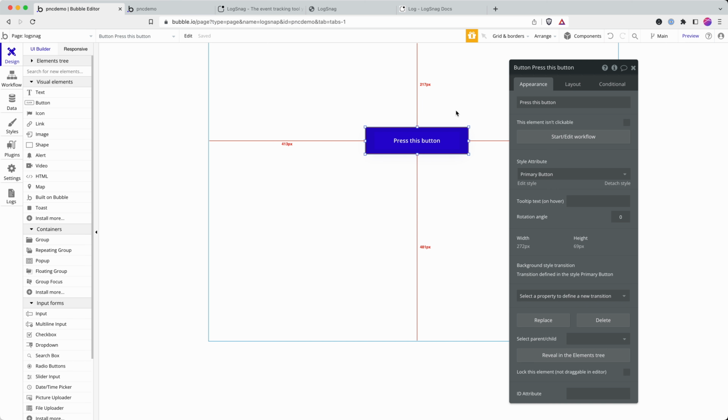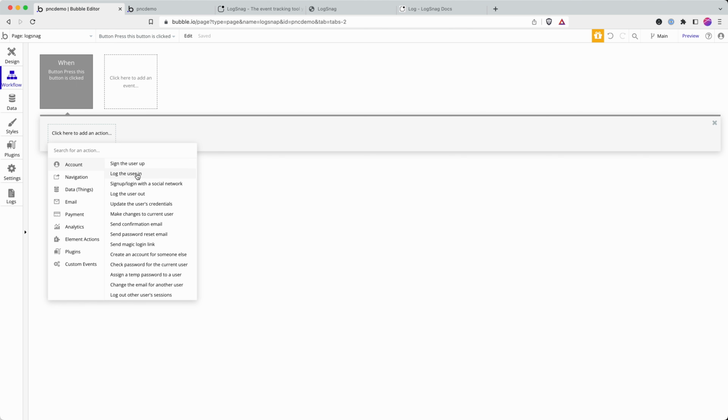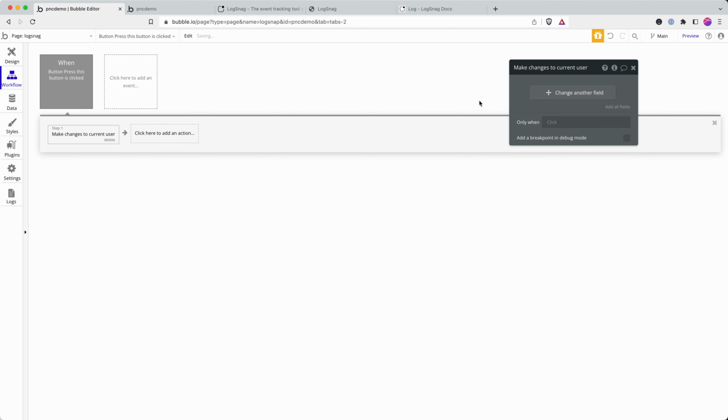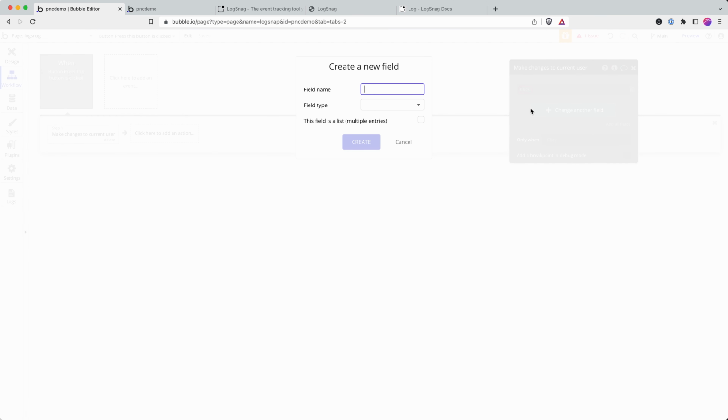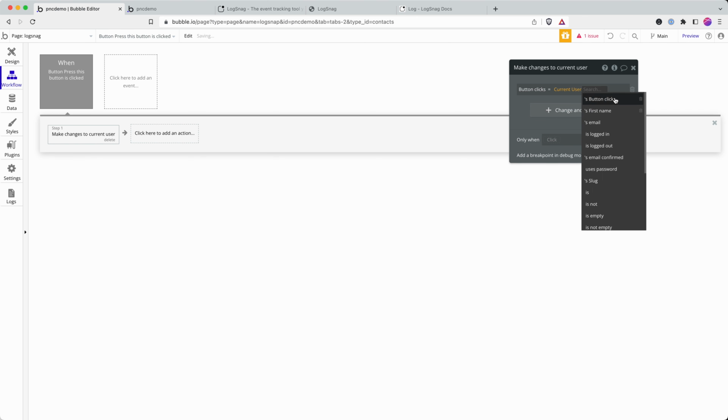So I've got this button on a page and I want to keep count of how often the user clicks the button. One way of doing that would be to keep count on the current user. So I'm going to say make changes to current user, and I'm going to create a field called button clicks, and this is going to be a number. And I want to be able to add 1 to it every single time this workflow runs. So I just go current user button clicks,